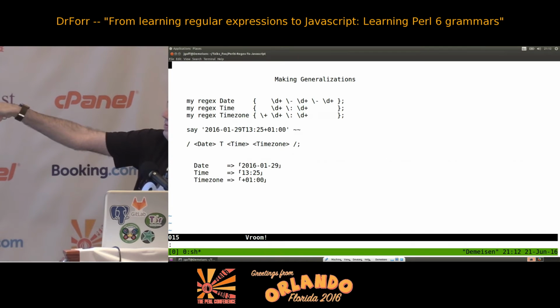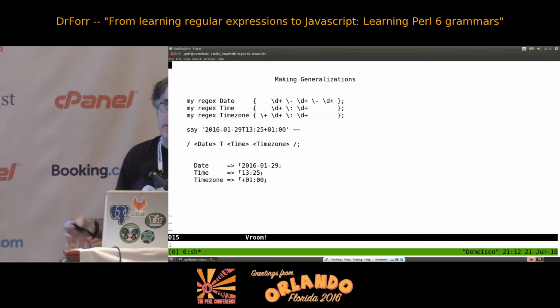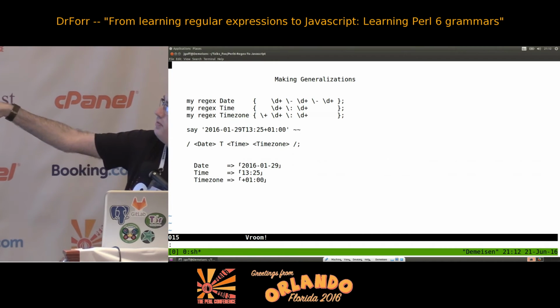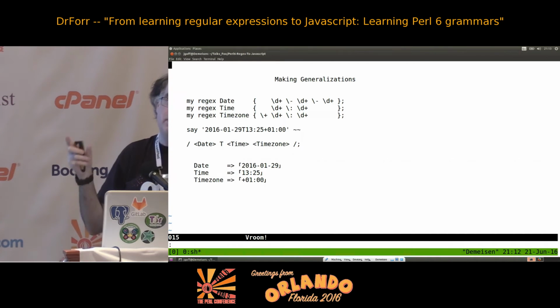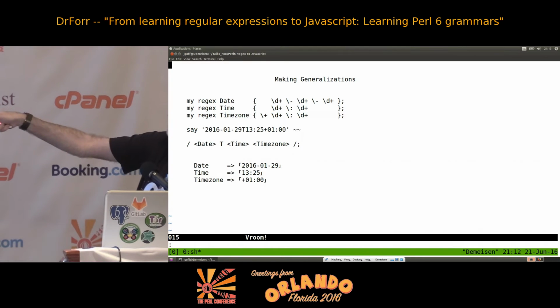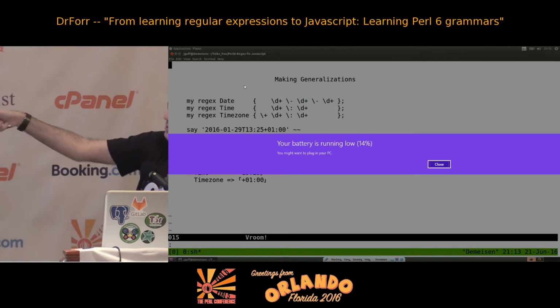So we'll use the same notation that you're used to in Perl 5 with \d+. I will qualify that this is not going to quite match the same regular expression, as this is a four-digit number, this is a two-digit number, and